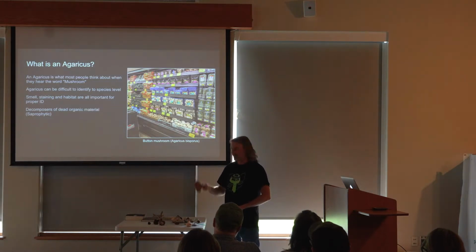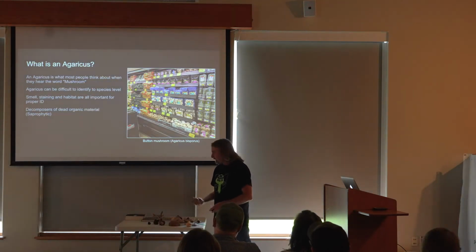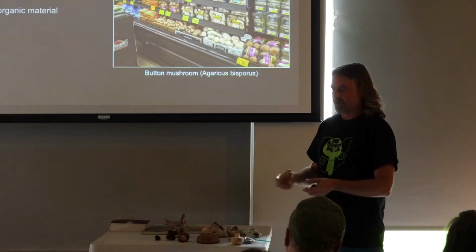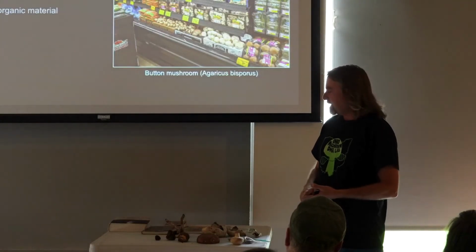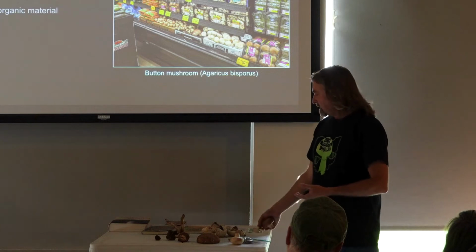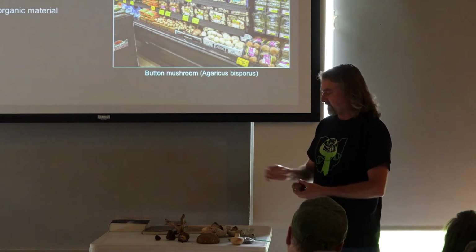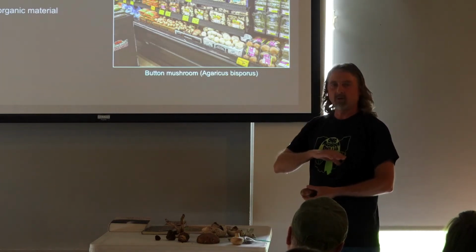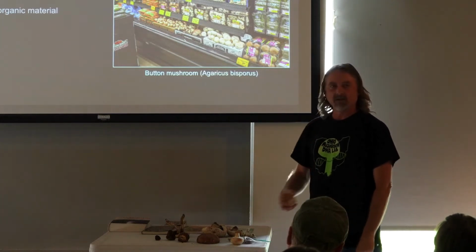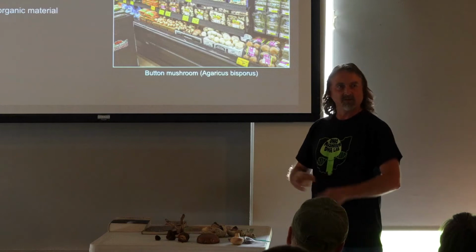And I went, oh, I think I know what that is. And then my neighbor had a bunch of buttons in his yard, little guys. He had like 3 or 4 different Agaricus. He had a yellow stainer, he had this Campestris relative, and then he had some bisporus buttons. They were just little button stage. He was mowing the weeds and he found all these mushrooms everywhere. And he's like, hey, can you tell me which ones I can eat? And I'm like, okay. And I went over there and I took a bunch of pictures and we put them